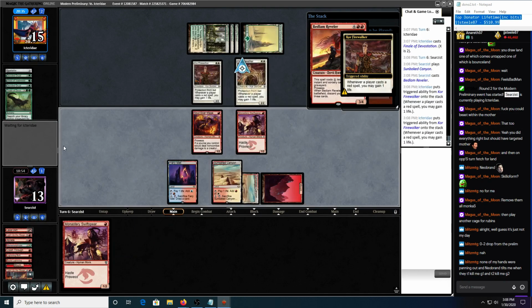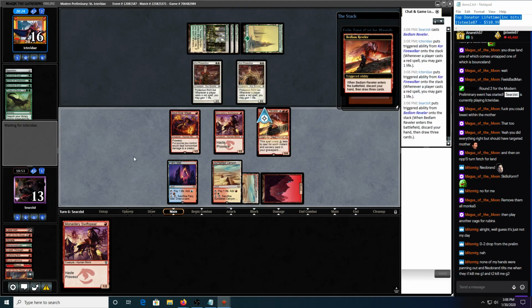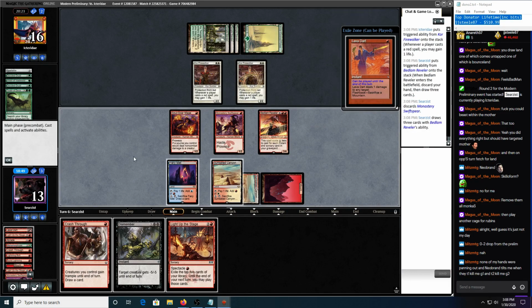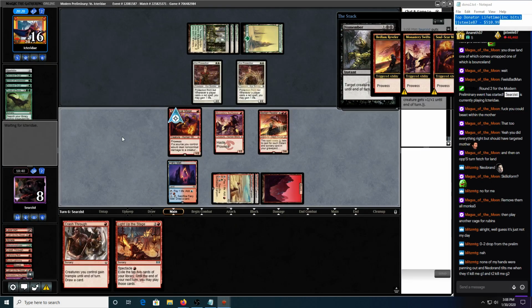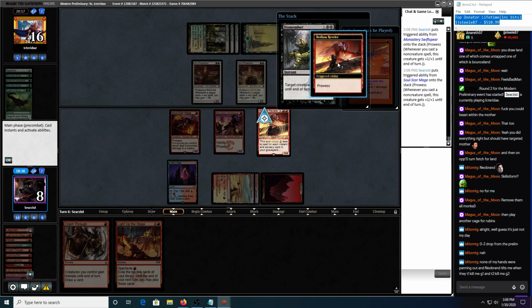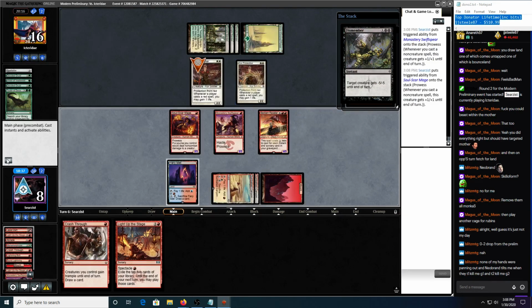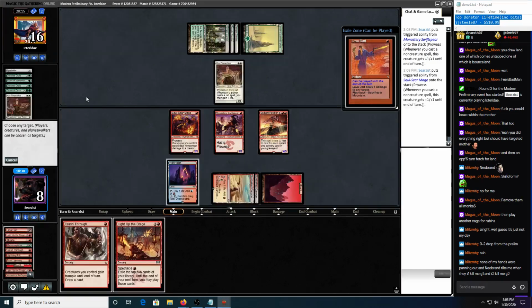I should have played the Monastery Swiftspear. That was a stupid play. There's zero reason not to play the Swiftspear. Absolutely zero. How much better would my turn have been if I had the Swiftspear now? We want this in our graveyard, so...